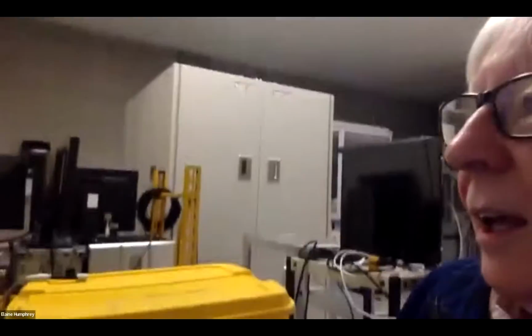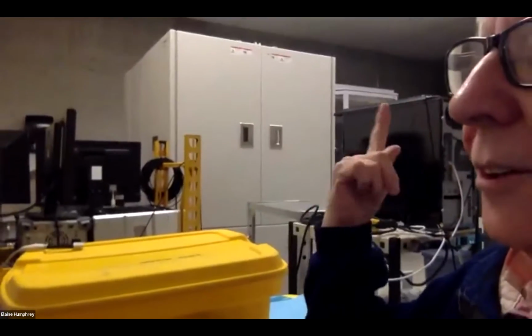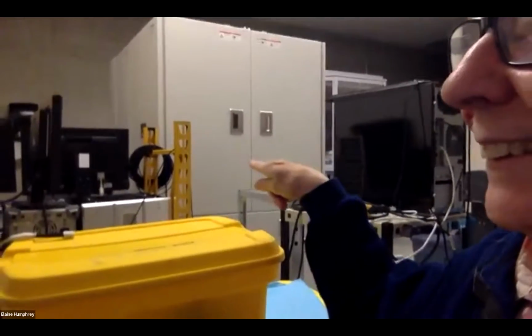Now that COVID struck, of course, we don't go into schools anymore at the moment, but the schools are coming to me by Zoom. Now, if I turn my computer around, you can see over here, this one at the back that I'm pointing at is only about $2 million. This one here behind me, the one we're using, is only $100,000. But that's Canadian, so